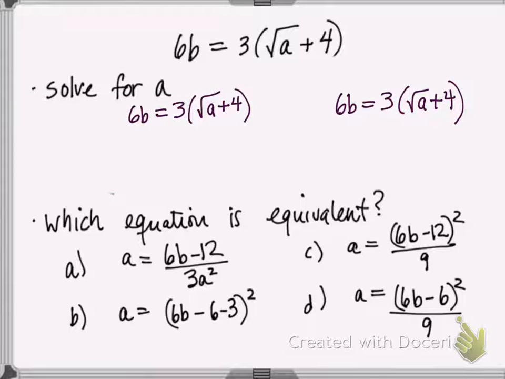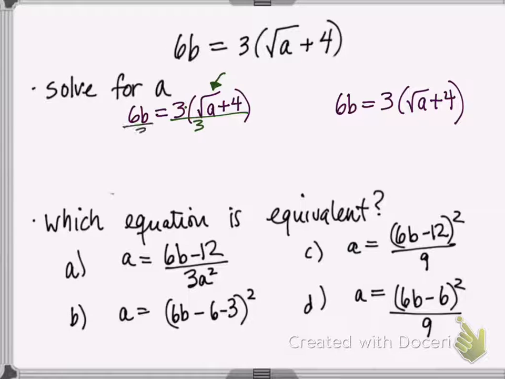In this example, we're going to look at two different methods in order to isolate the variable a in this equation. So in this first example, to get a alone, the very first thing I'm going to do, since I notice it's in parentheses, is look at the number outside of the parentheses, which is a 3. Because the 3 is being multiplied by both terms in the parentheses, the opposite of multiplying would be dividing both